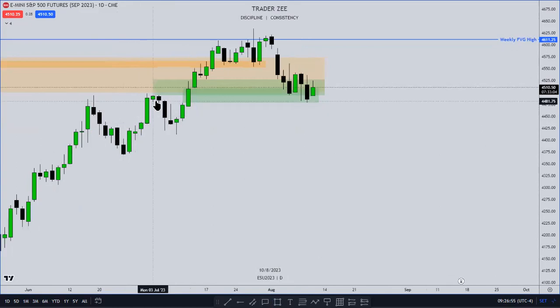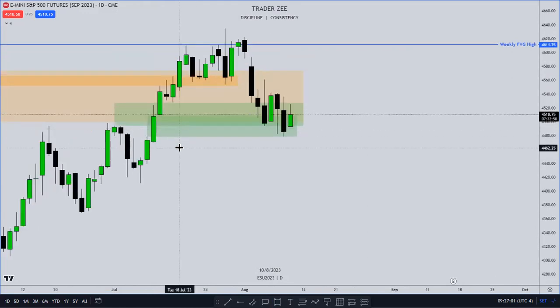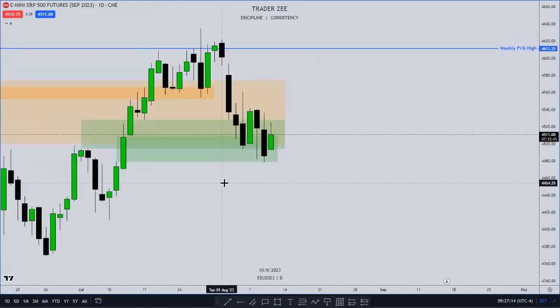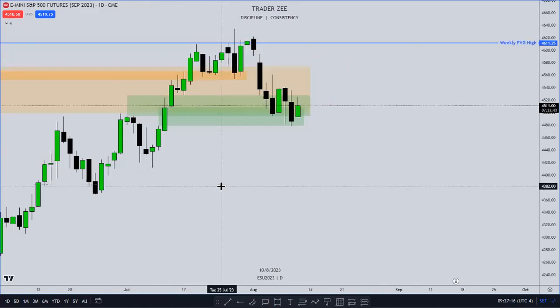Also some mitigation blocks, but I'd rather not use them. I incline more to fair value gaps than other PD arrays because I've been a part of the ICT 2022 mentorship. So that's the core PD array that ICT used to teach us. So I use fair value gaps more